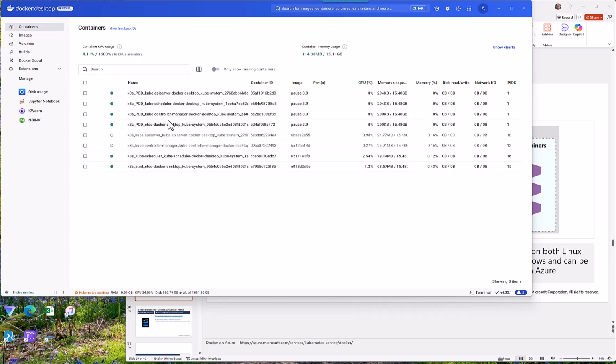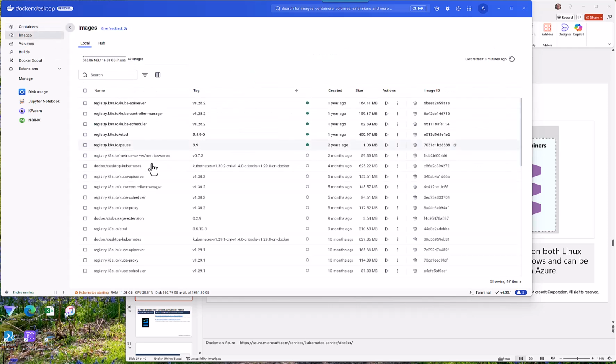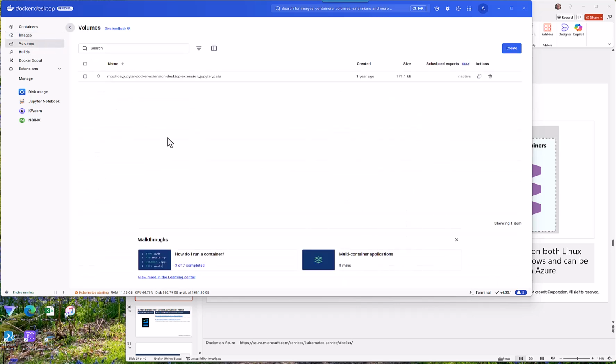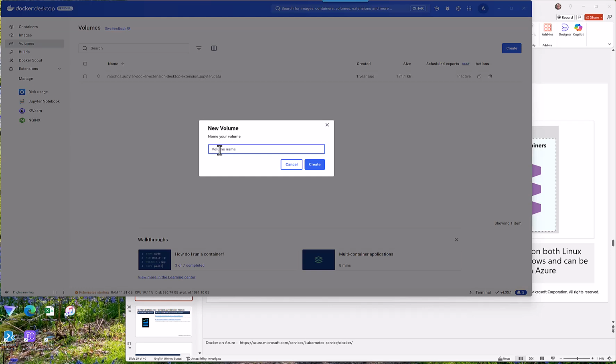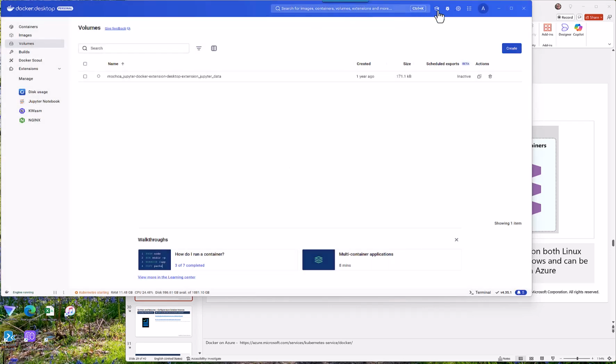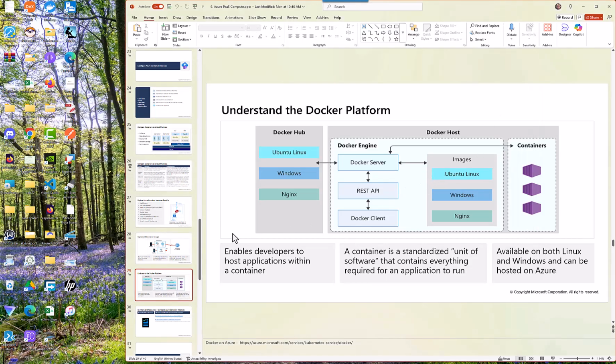You can see also all my pods are running, my images are deployed here, all of them, right? All these images are being deployed, and these are the volumes, the claim volumes that we were doing here. You can create volumes over here, right? And we can attach them to the different things, right? In Kubernetes, what was its name, for example, what was it, we'll come into that one for a second. It slipped my mind completely, right? So anyway,